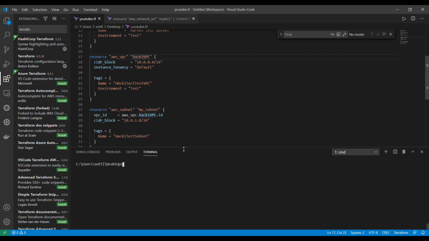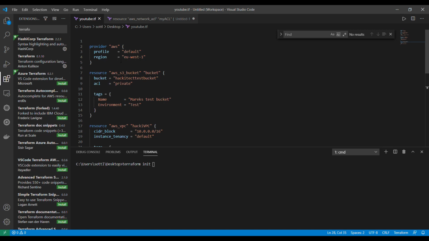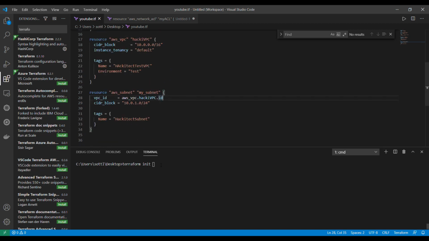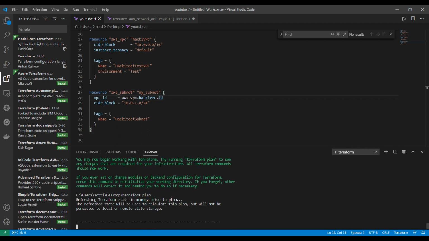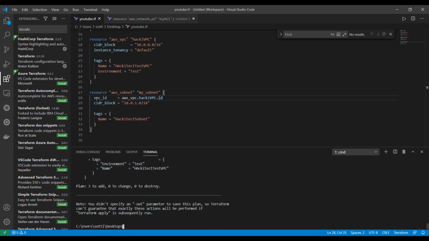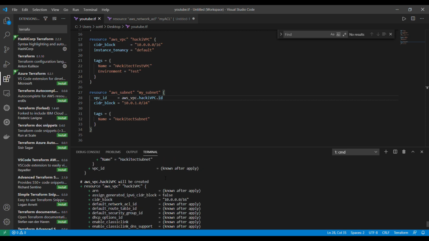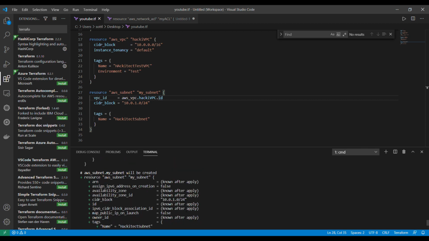Also, I have a terminal available here, and in my terminal we need to run terraform init. Terraform init is the first stage of Terraform. It initializes your basic environment and loads all the needed plugins, for example, for AWS. So terraform init will initialize your setup, and then we need to run terraform plan. Terraform plan will tell you what the differences are and what setup you will add in your environment.